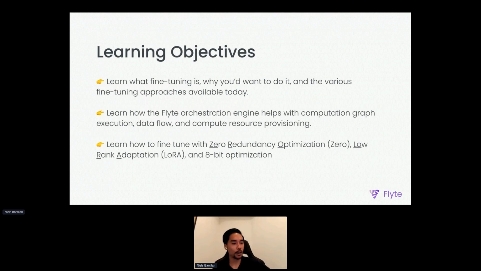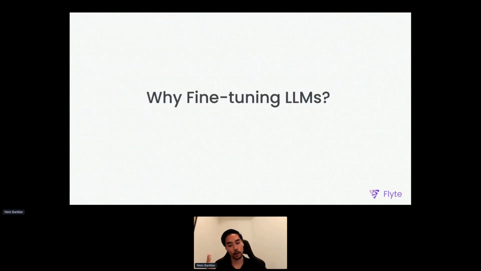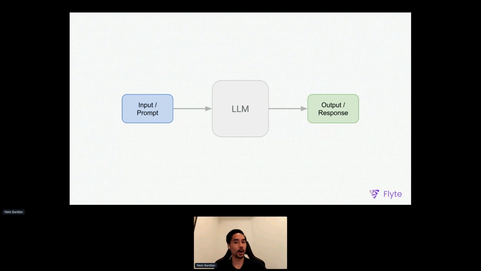The first part of this talk is a motivation: why do we want to fine tune at all? So here is a large language model. You give it an input and prompt. It spits out an output or response. You can swap this LLM out for any machine learning model, and terminology will change, right? But